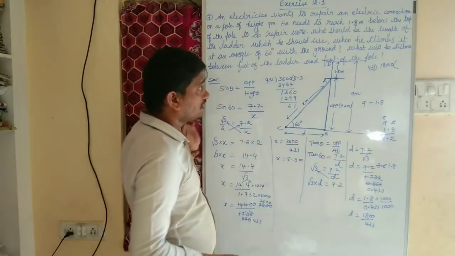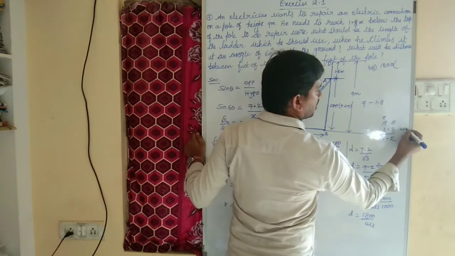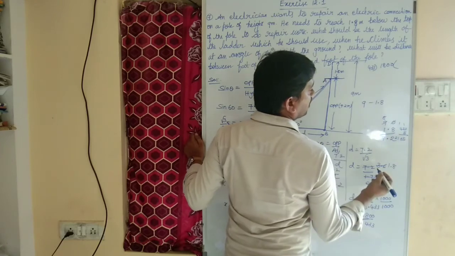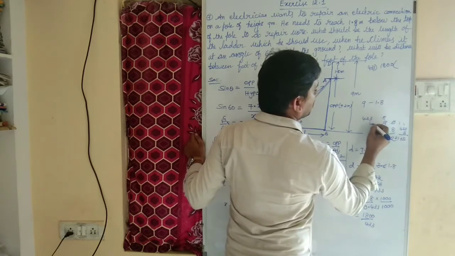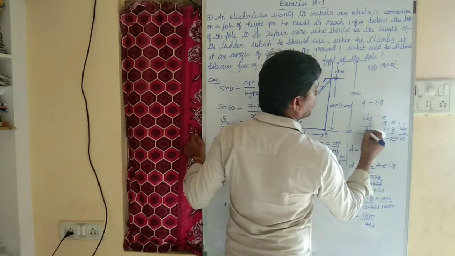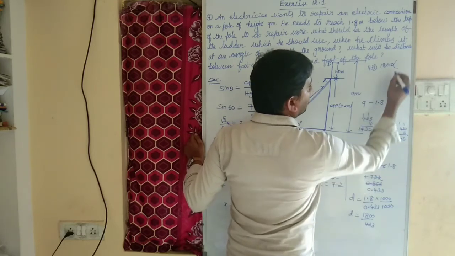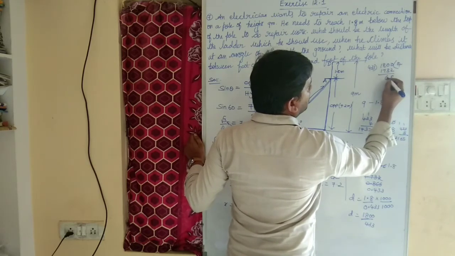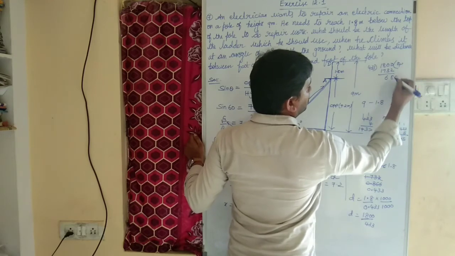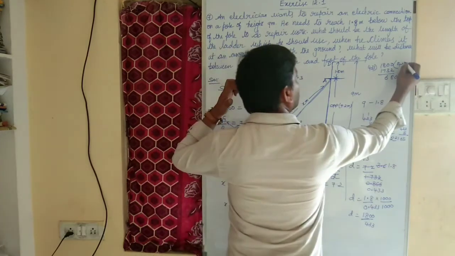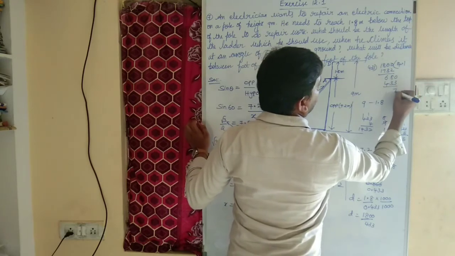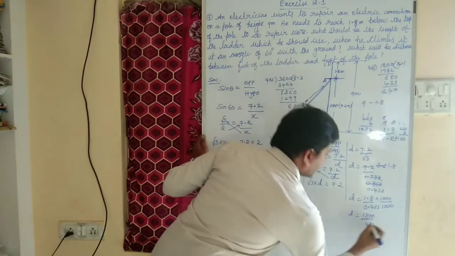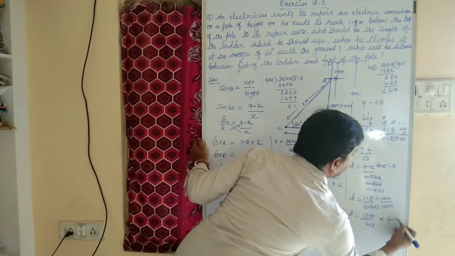Is it 4 or 5? Let us check. 433 into 5, 5 3 is 15, 5 4 is 20 plus 1, 21. No. Let us check with 4. 4 3 is 12, 4 3 is 12 plus 1, 13, 4 4 is 16 plus 1, 17. Yes, 4 times 17, 32, 8, 6.0. Again 1 times 433, 7, 7 minus 3, 4, 2. Nearly, which is 4.1 meters.